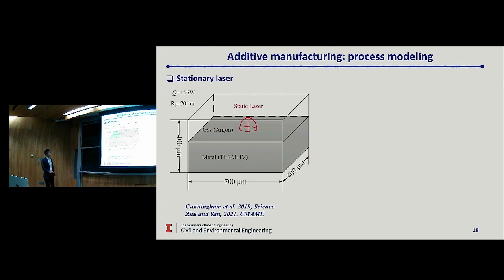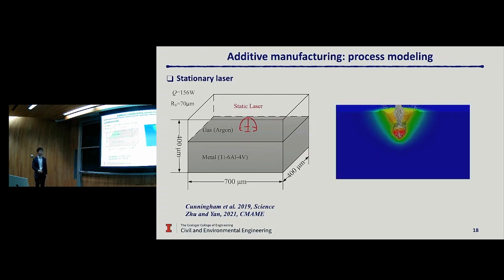This figure shows you the simulation setup, so you can see what materials we use for the metal phase and the gas phase. And you can also find the laser parameters here, as well as the size of the computational domain. And here is the simulation result. The background color indicates the temperature field, and those gray arrows show you the